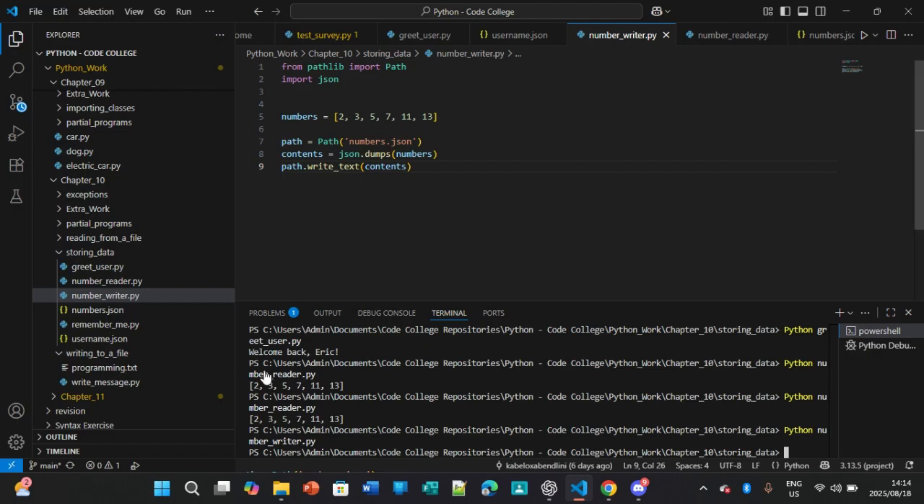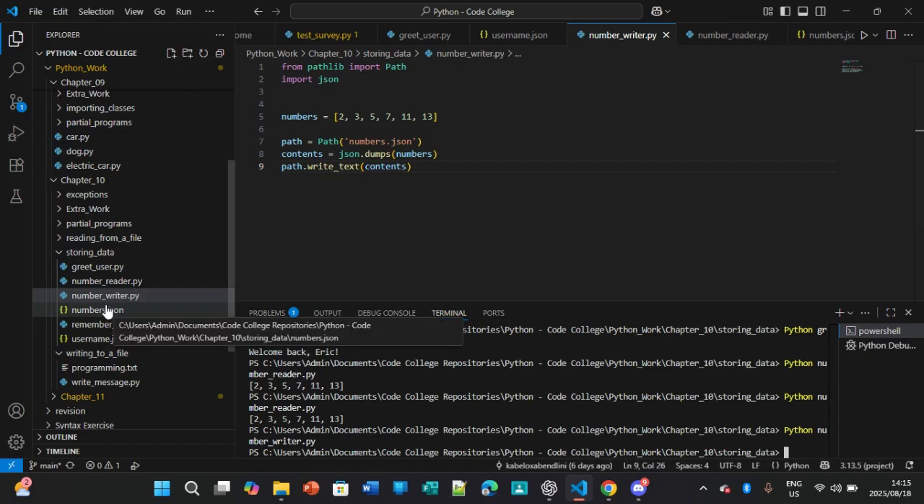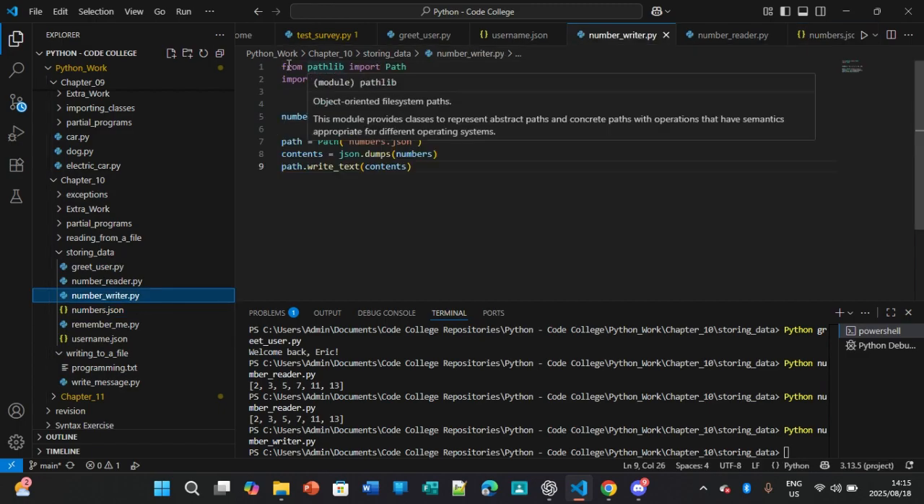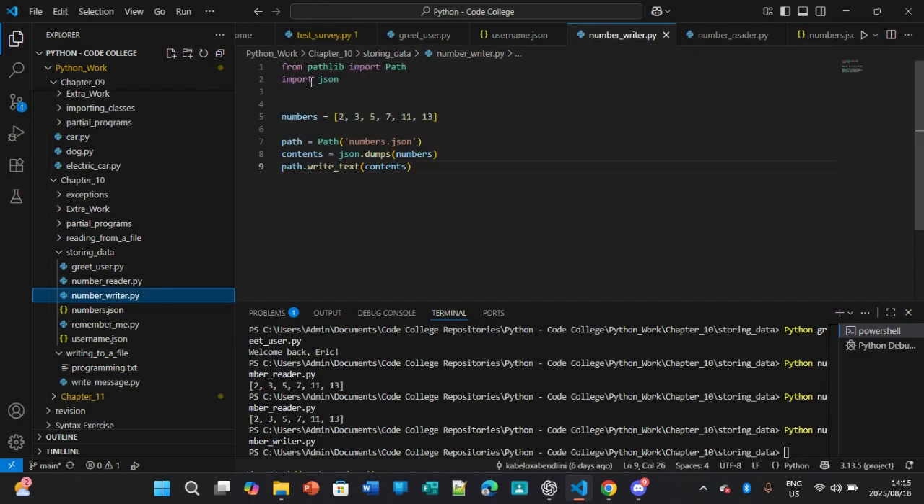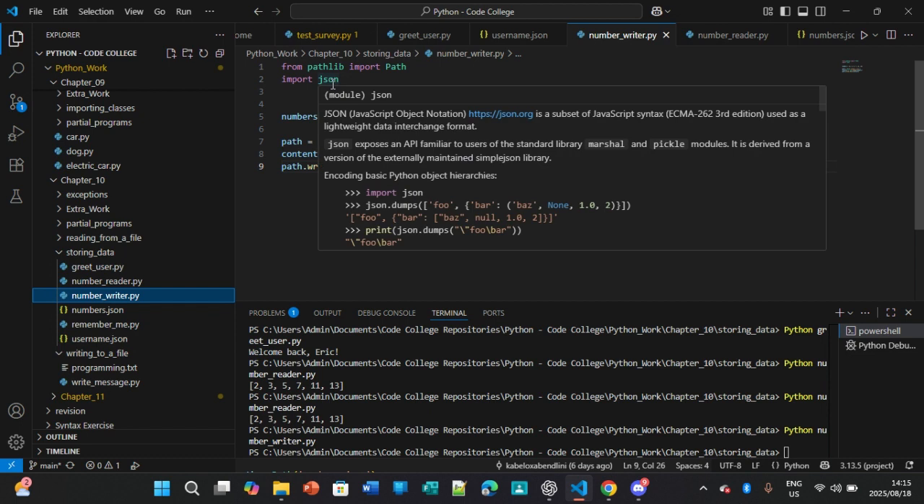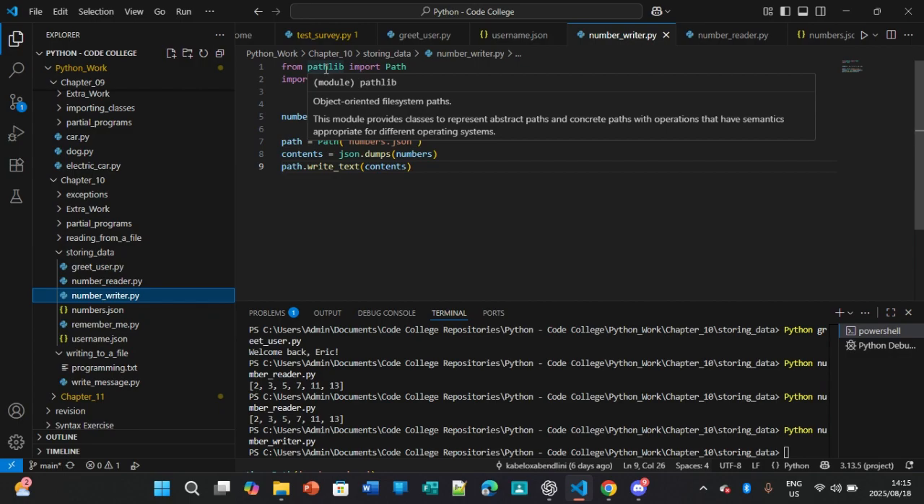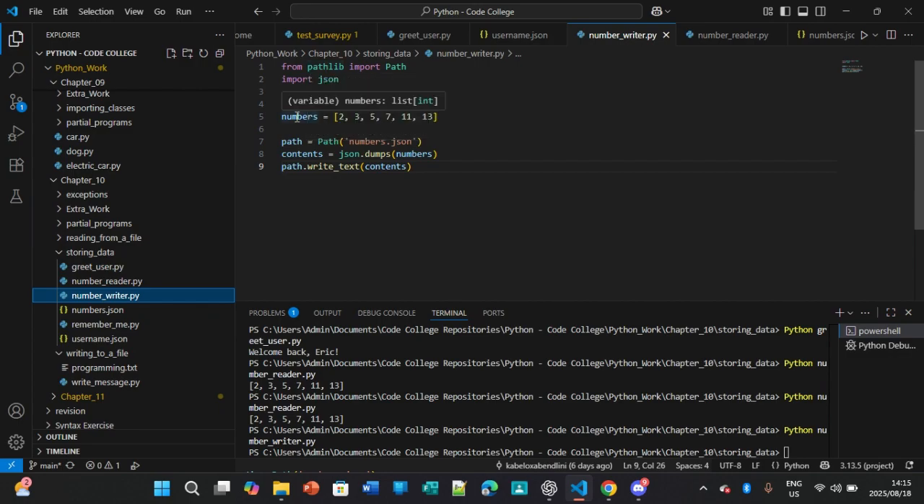right? So that's what you've got here. So from pathlib import Path, import json. So you've got your module, this is your module, right? Pathlib, object-oriented file system paths. The numbers variable, right? Then you've got your list. Then path equals Path, right? So this path is a variable, then that Path is a class, right? So what that class does is stores